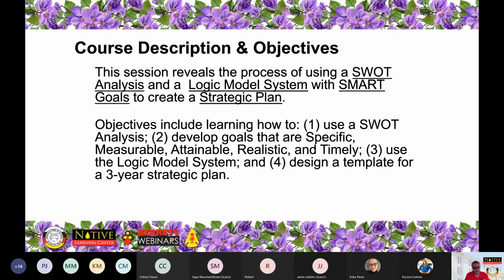Whatever you call it and whatever modified version of it, I think it's a really good idea to do something like this, either for yourself, analyzing your own strengths, weaknesses, opportunities, and threats, also perhaps for your department, for your organization, for your tribe or your tribal entity, for your nonprofit business, whatever operation we're talking about. A SWOT analysis is a good thing, and I'm going to get into that, refresh everyone's memory,